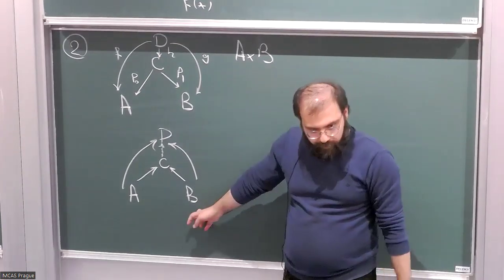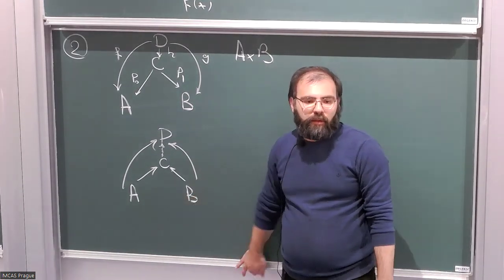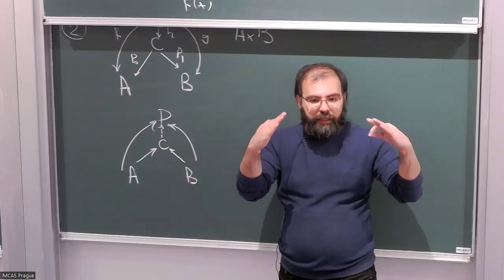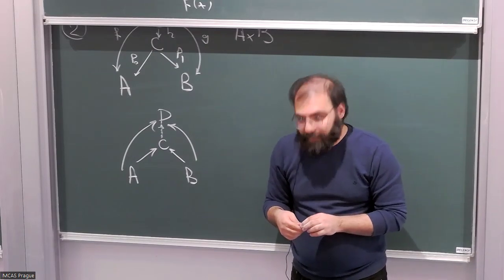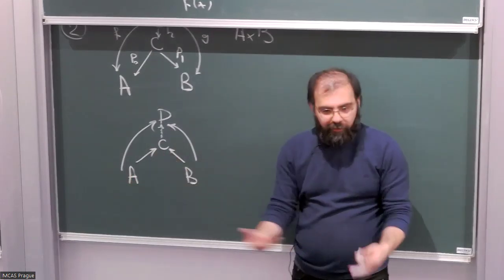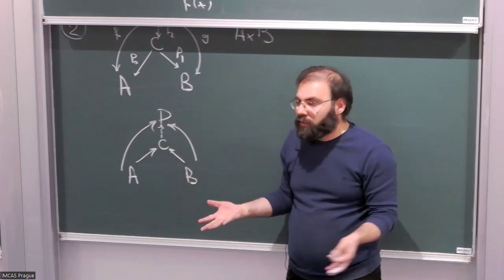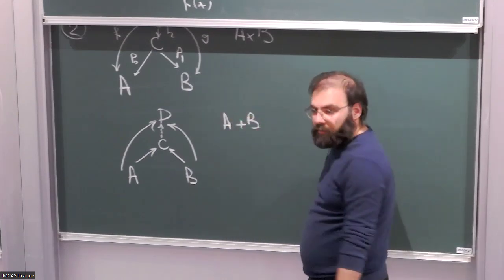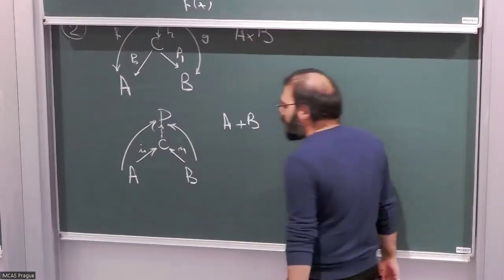So this guy, right? I'm dualizing things. What is this guy in Set? A set with two maps from A and B such that it is the least, say, co-cone. What is it? Disjoint union. Yes. It simply says that, okay, put A, put B together somewhere, and nothing else, because it is just the least. Right? So again, unique, deserves a name. A plus B, and these two guys are the i0, i1, sometimes people call it.